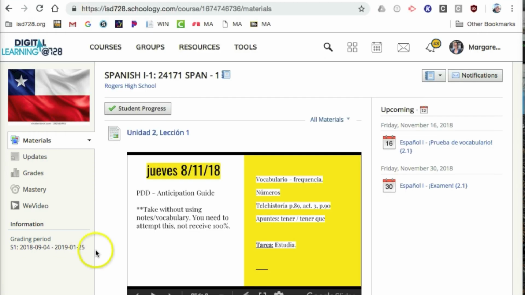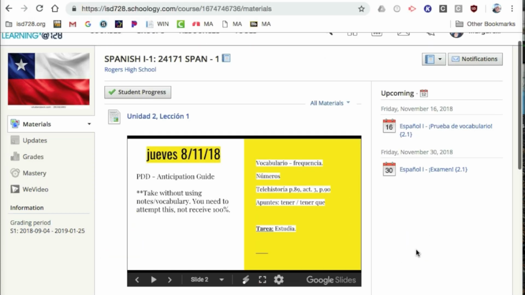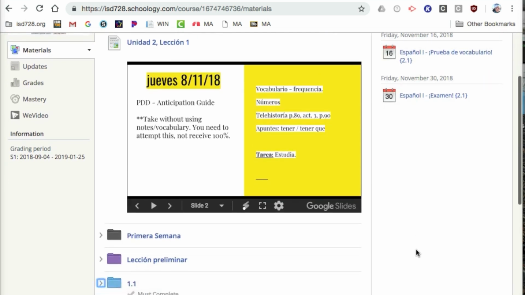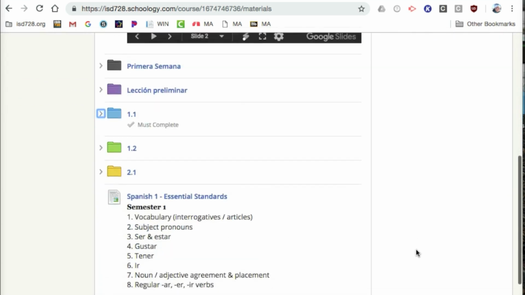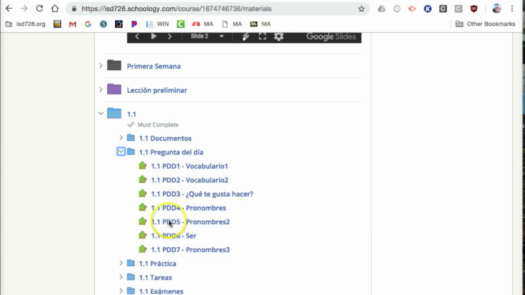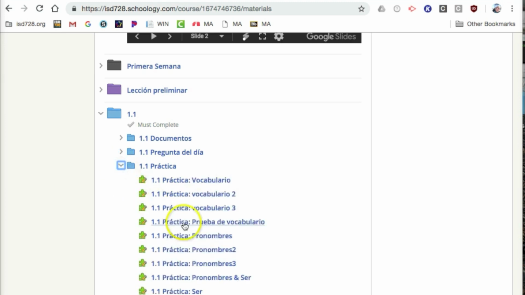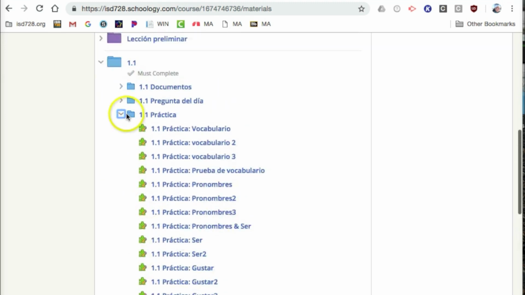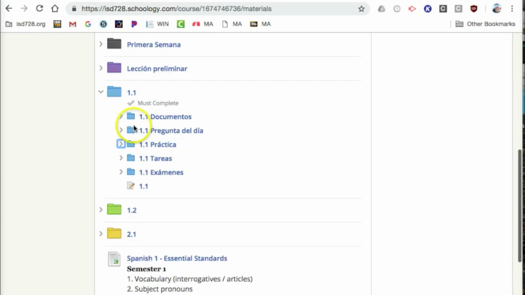To start, the first thing we want to show is that different teachers have different organization systems. For example, in Miss Olson's Spanish class, she has them in different folders here by chapter. You can see the standards. You can click in, and although I don't know Spanish, right? Hola, we can find some preguntas all up in here, and I'm guessing these are homework. Is that right? That is the question of the day. So question of the day is in there, and it comes in order. Okay, so her organization system can help you find things, and so think about it from a